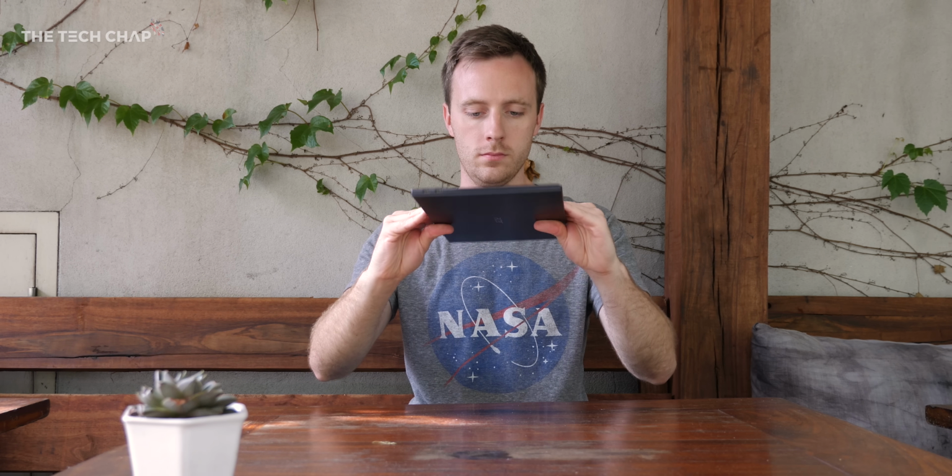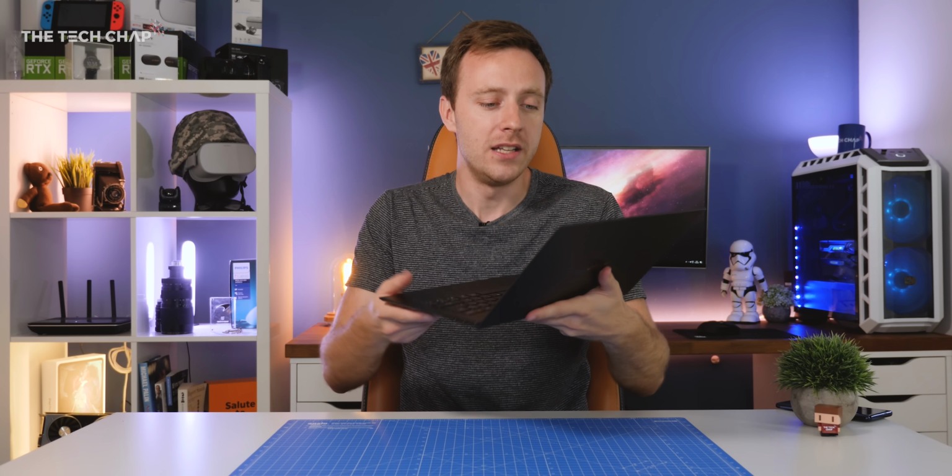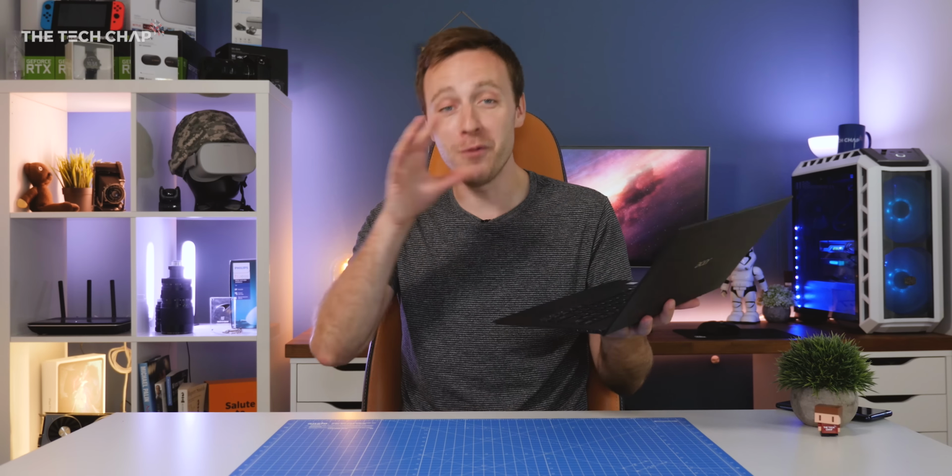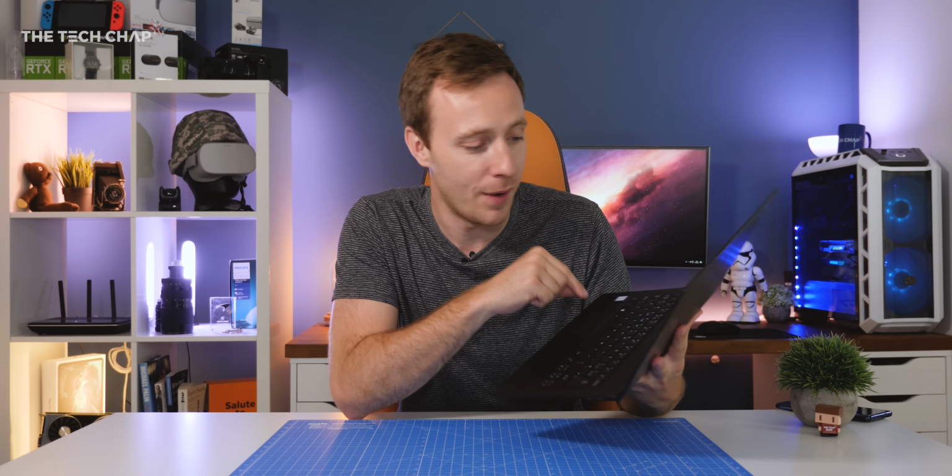So yes, there are some compromises with having the world's thinnest and smallest laptop, or near enough. But I have to say, the Swift 7 is still a seriously impressive machine and a perfect travel companion. So if you do have pretty deep pockets and you want to be able to brag to your mates that yours is smaller than theirs, no, maybe not, I'm not sure that's such a good idea, but I would still definitely recommend the Swift 7,